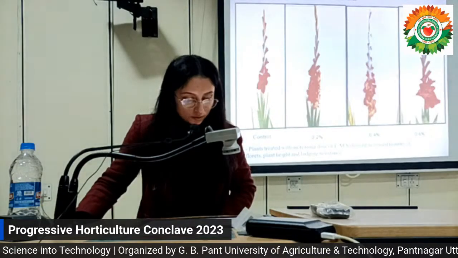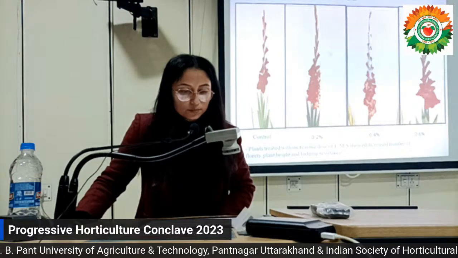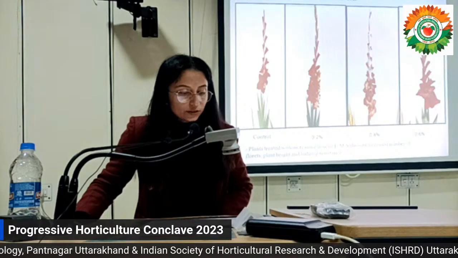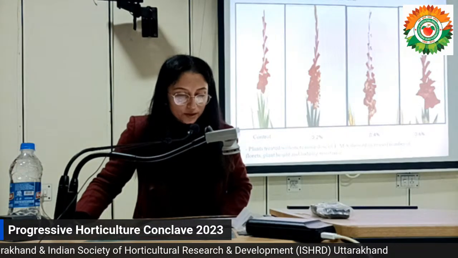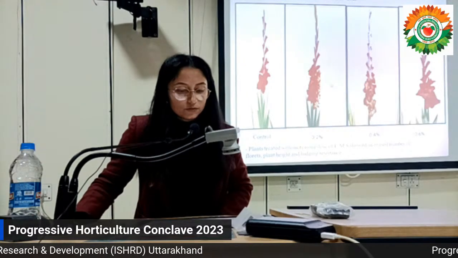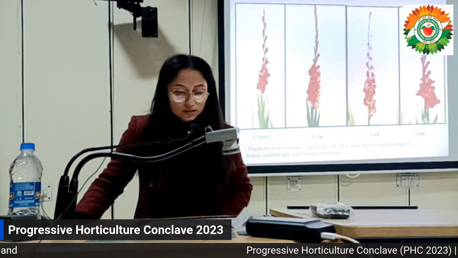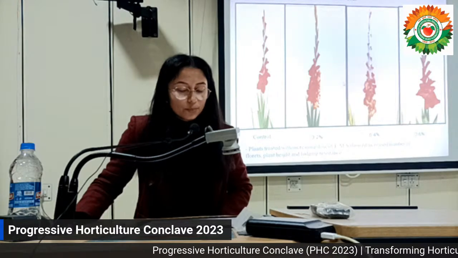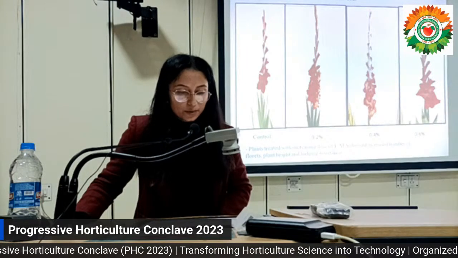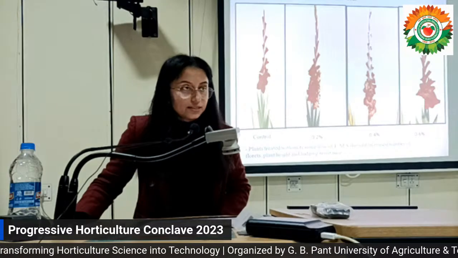which is again stable. Then in EMS, I found really good quality parameters in my crop. That is, the number of florets increased. You can see in control, the number of florets is around 10 to 12, which increased to 18 to 21. And this had more vase life as compared to the control. The control was only 11 days, while the mutant's vase life increased to approximately 22 days, which is a good result for the post-harvest parameters, because for commercial floriculture, vase life is a very important